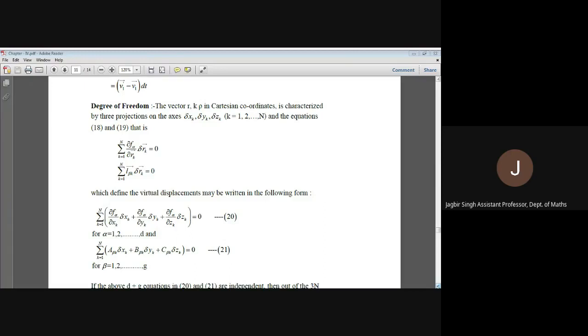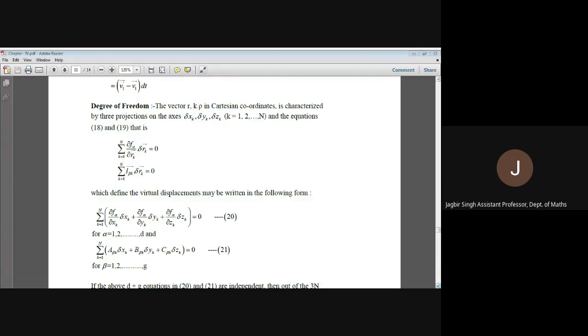Today, what are we to do? We are having d plus g equations. A system of n particles is assumed. Every particle needs 3 coordinates to obtain its position, because we are representing r1, r2, rn. These are the vector quantities. So r1 will be x1 i cap plus y1 j cap plus z1 k cap. Every vector is having 3